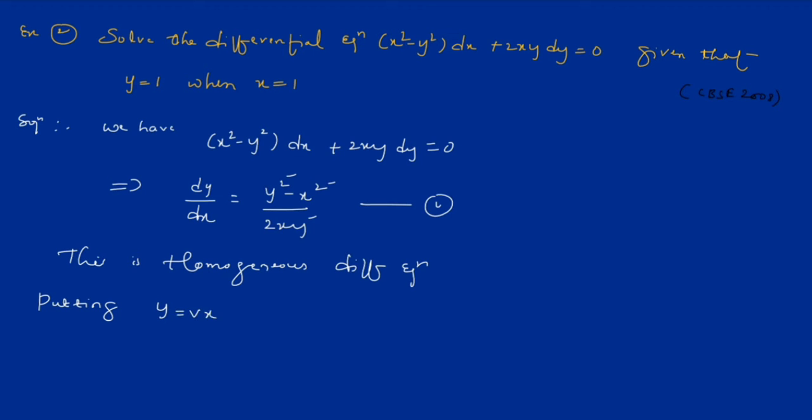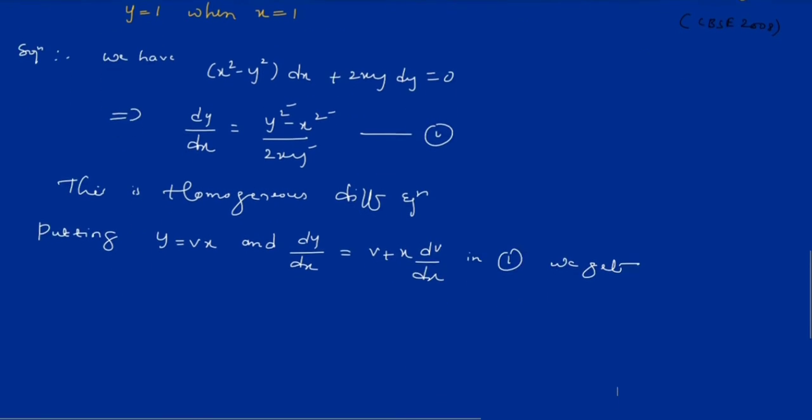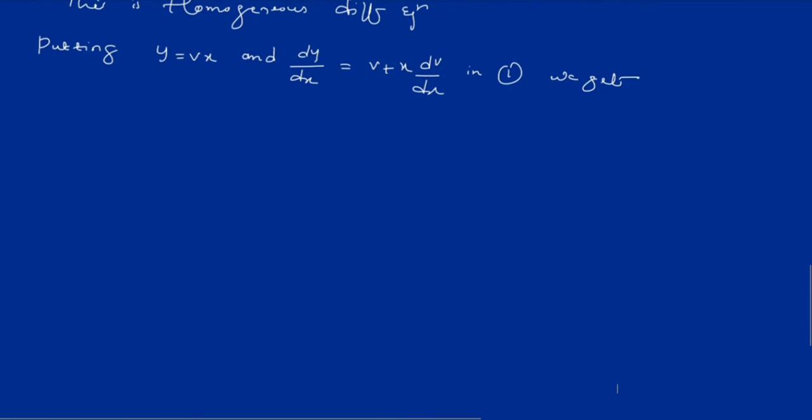y equals vx and dy by dx equals v plus x dv by dx in 1, we get, just substitute the values in equation 1. Let's see, v